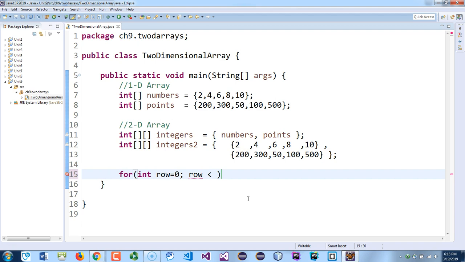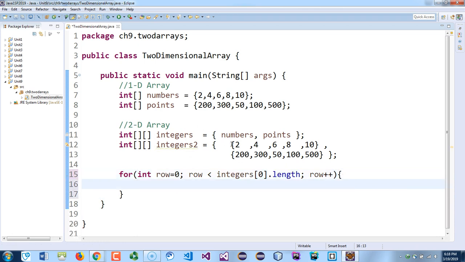So that will be integers of row 0 dot length. Okay, and that will give you the size of the array, number of columns in there, and it's going to be the same for every row, because it's a squared array, and then row plus plus. So that is for the row. You're going to loop through that row 0 first, and then for that row you treat that as a single dimensional array, and then now the second loop will be looping through that row through the columns. So now here, and then for each column,